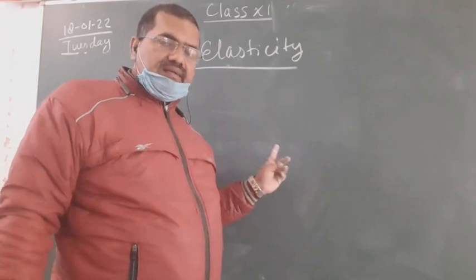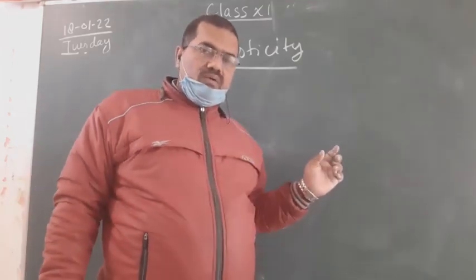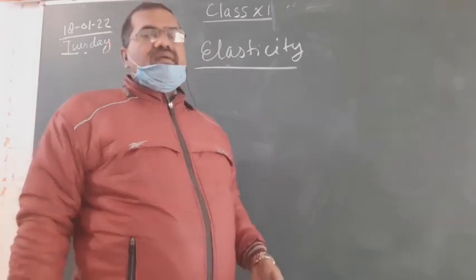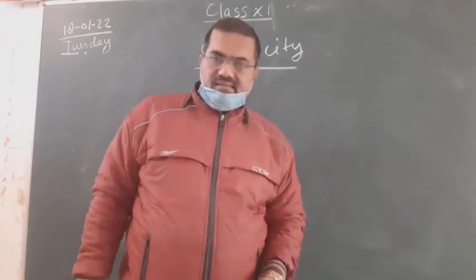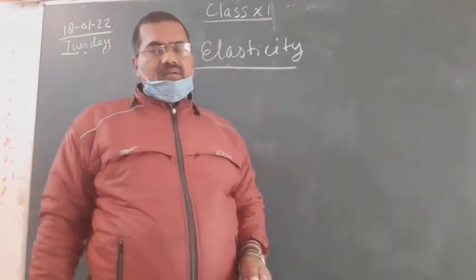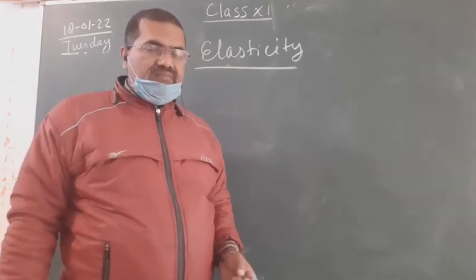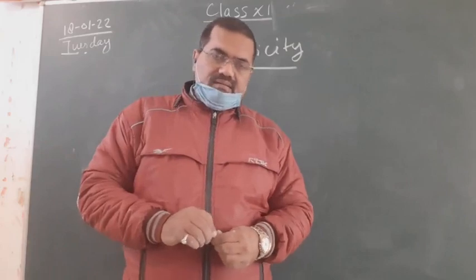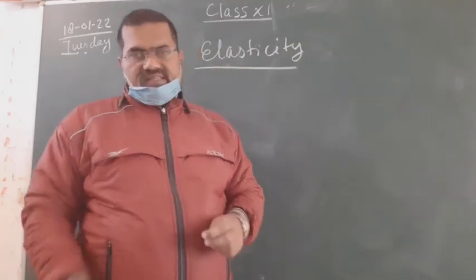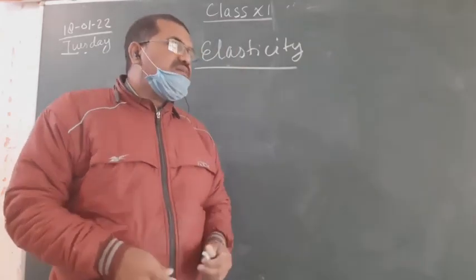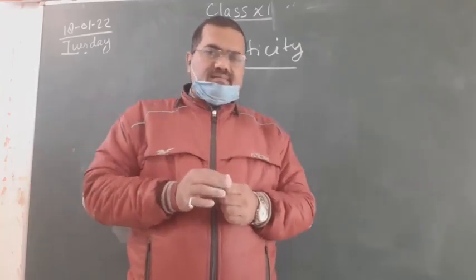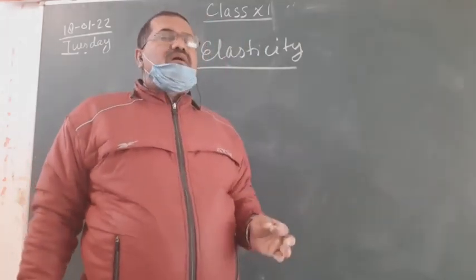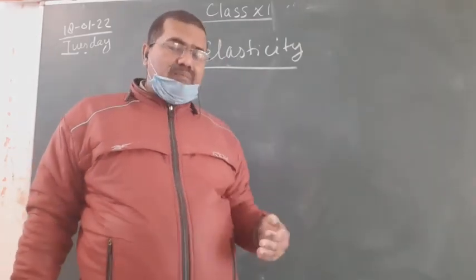In normal stress there are two bifurcations. One acts on a linear body, which is called tensile stress, force per unit area, and one is pressure, which acts on a volumetric body. Both are normal stress, so pressure is one part of the stress. The third is tangential stress, which is used in changing the shape of the body.